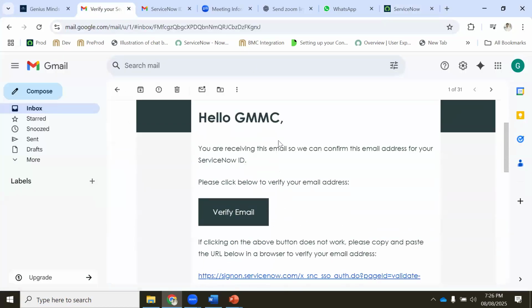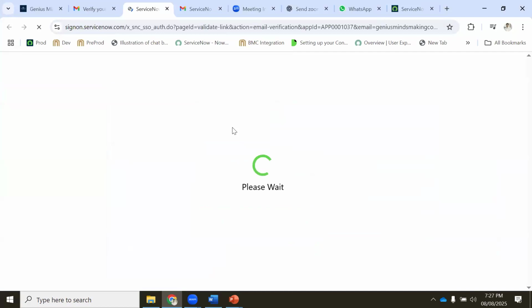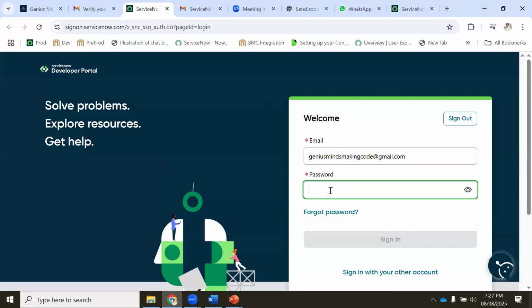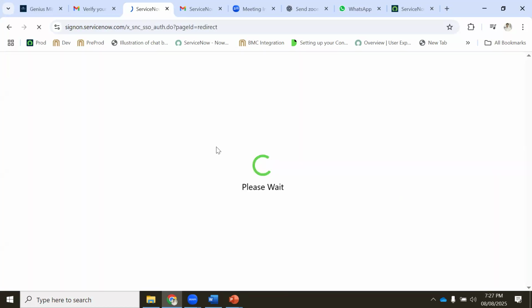Okay, we received it. Verify email. So first you have to do verification of email, correct? Once email verification is done, it will ask for the password, and then you will sign in.